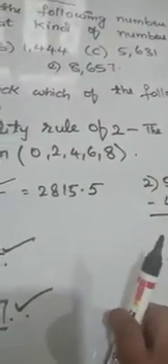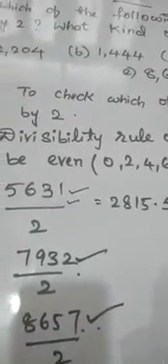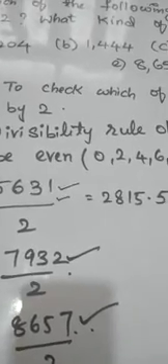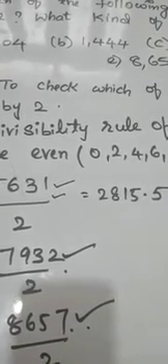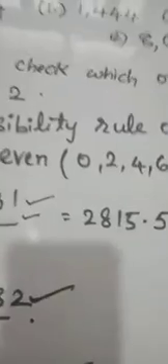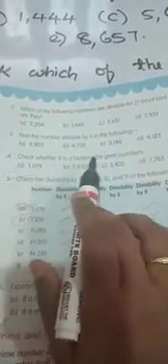Previously I did it for your understanding purpose. Now you can understand whether a number is divisible by 2 or not. Here I have applied the divisibility rule of 2. Understood? Okay. So the third bit you can solve. Find the numbers divisible by 3. It's very easy. Do the third bit as your homework.